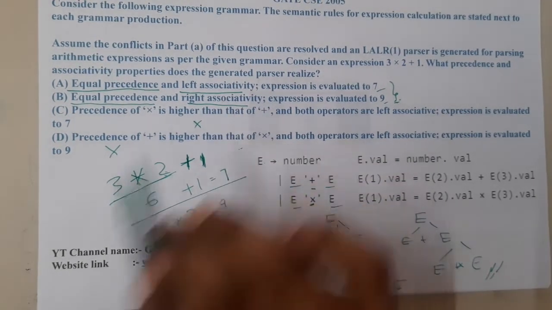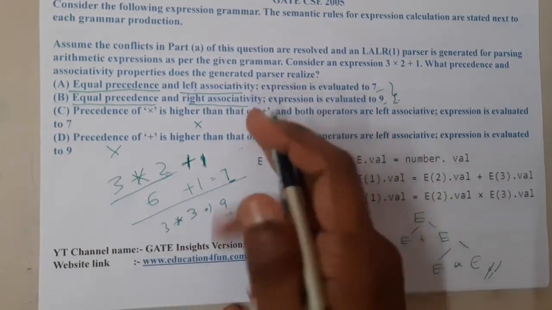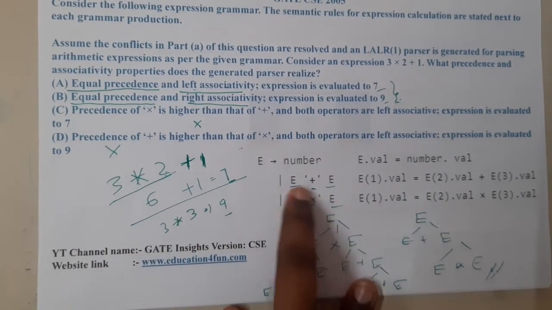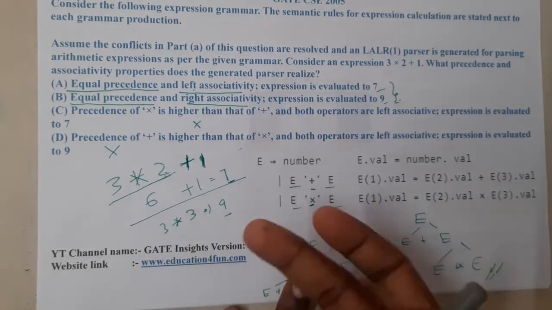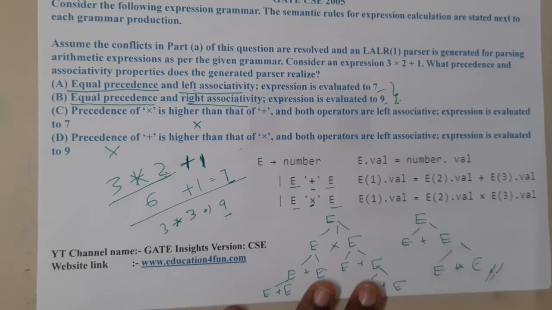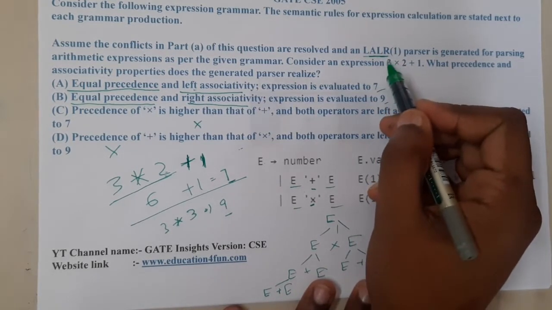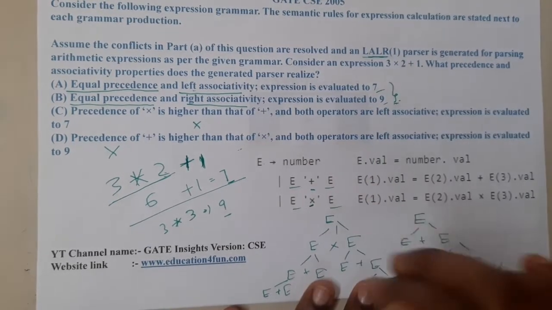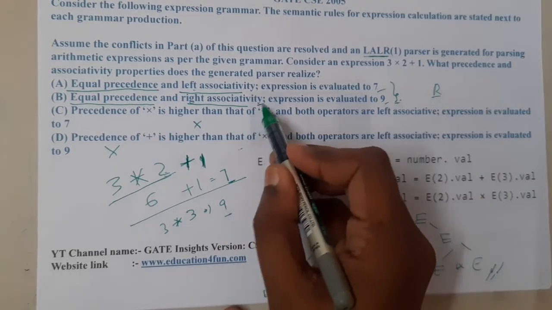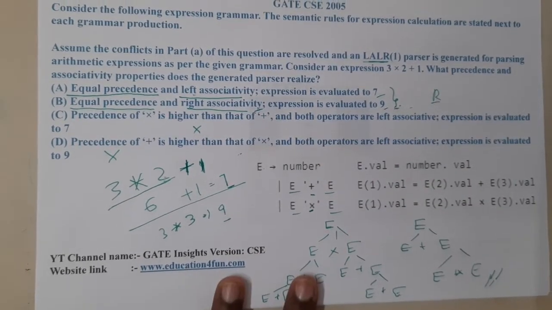According to me both options are correct, guys, because if I am using left associative, I am solving from the left side, and I am getting 7 as the result. If I am solving from the right side, I am getting 9 as the result. So evaluation-wise both of them are correct, but here we are having left recursion and both left and right recursion, so I think they will belong to both of them, right? Just give me a second, I'll be cross-checking it. One more thing I have a doubt about is that they told LLR, right? Whenever we are working with LLR, it is nothing but reverse of rightmost, or right derivation. If you are using right derivation, that is nothing but right associative. So that could also be the answer. Let me just cross-check it and see the exact reason, and I'll let you know. Just give me a second.